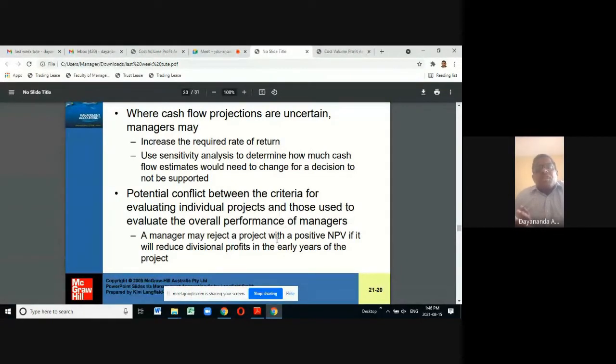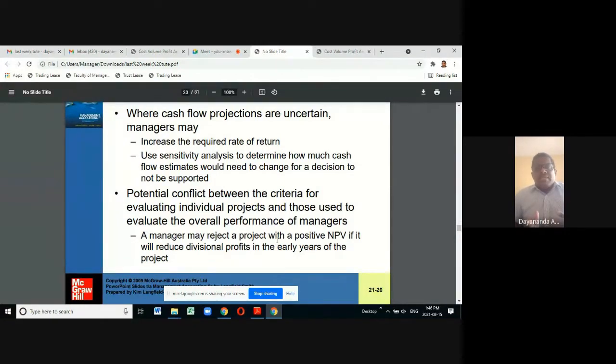So there is a difference between profit and cash flow. When you are evaluating a project proposal to lend, as a banker or credit officer, you may put much more attention on the cash flow, not the profit, because cash flow is always more reliable than the profit figure. Profit is a kind of thing you calculate. It's a kind of thing you generate. It's artificial. Profit is artificial, but cash flow is not artificial.